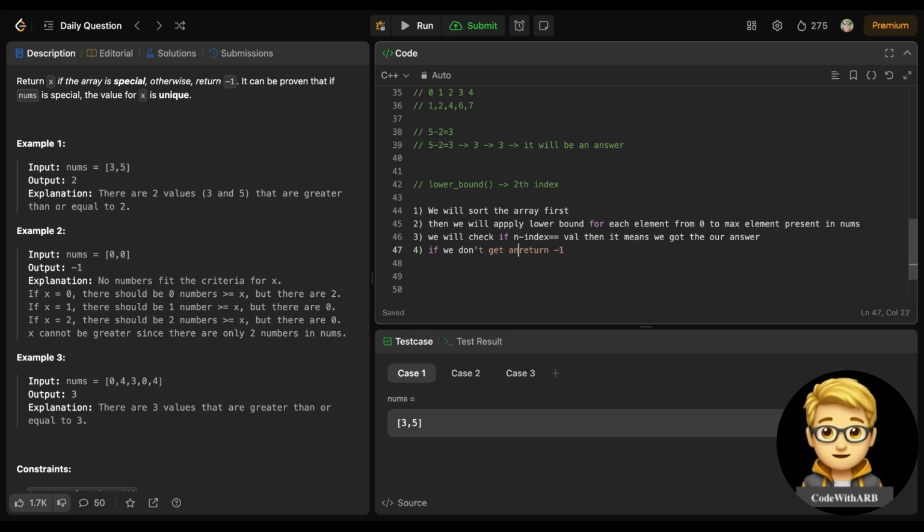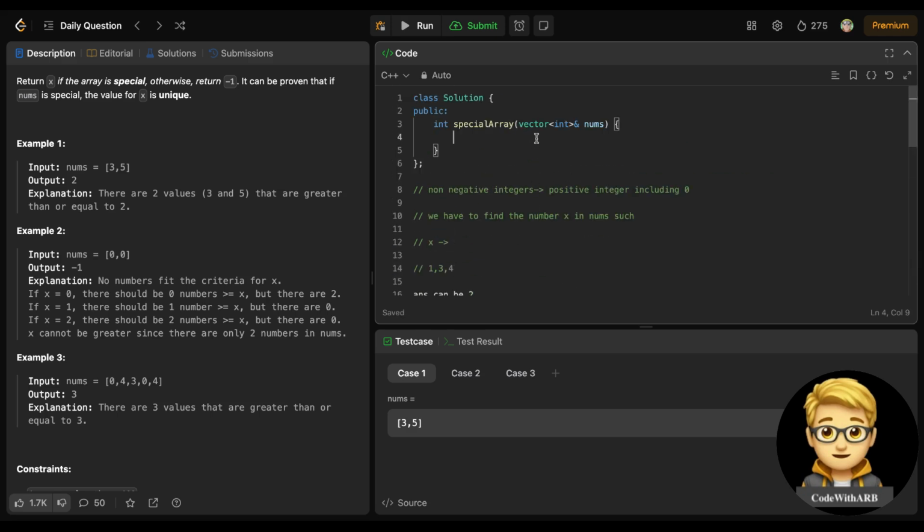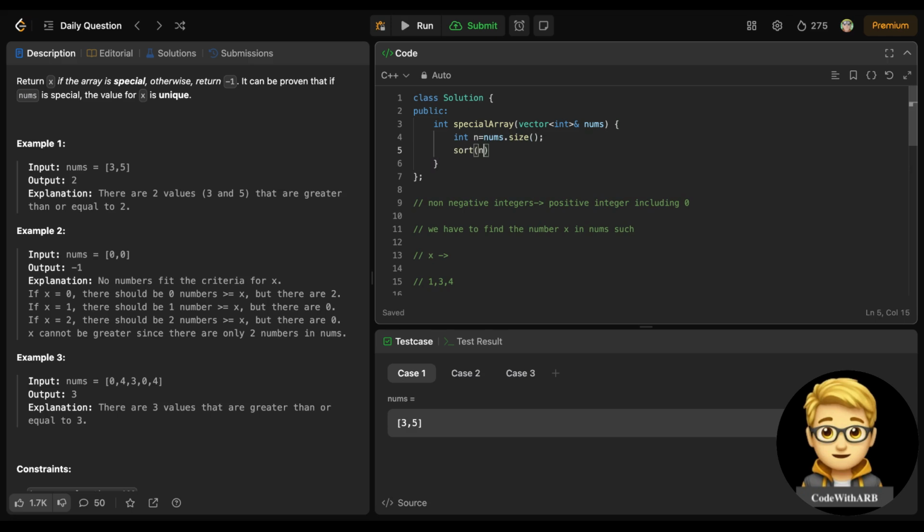Don't get any number, right? So this is how we will do this problem. So let's try to implement this, right? So first thing is I need to sort it. I need to sort it. So I will just sort. So that will give me